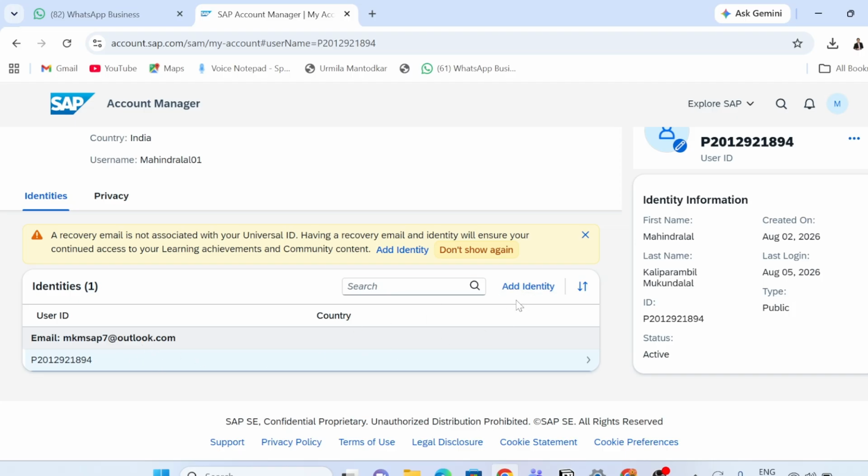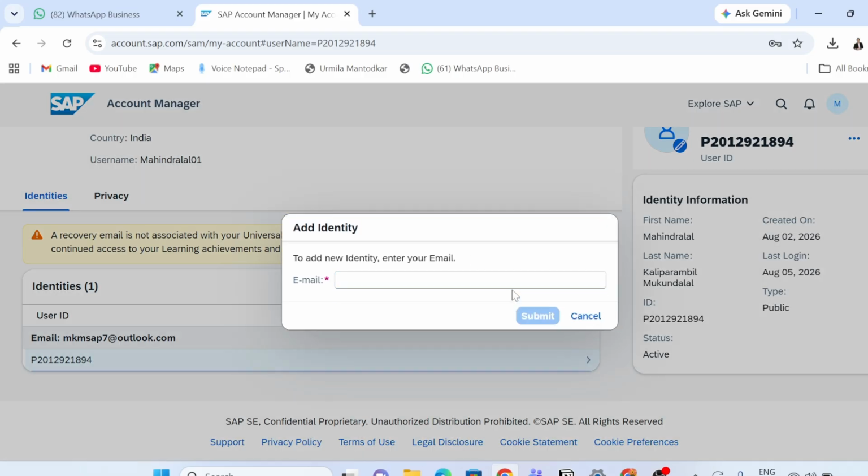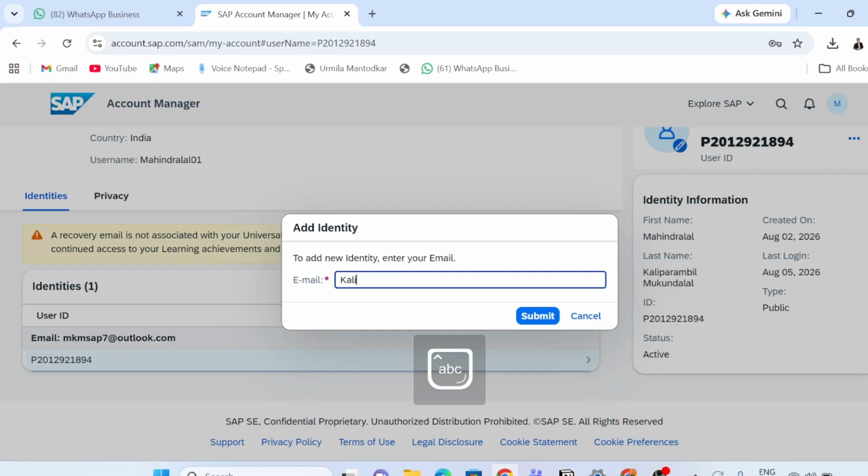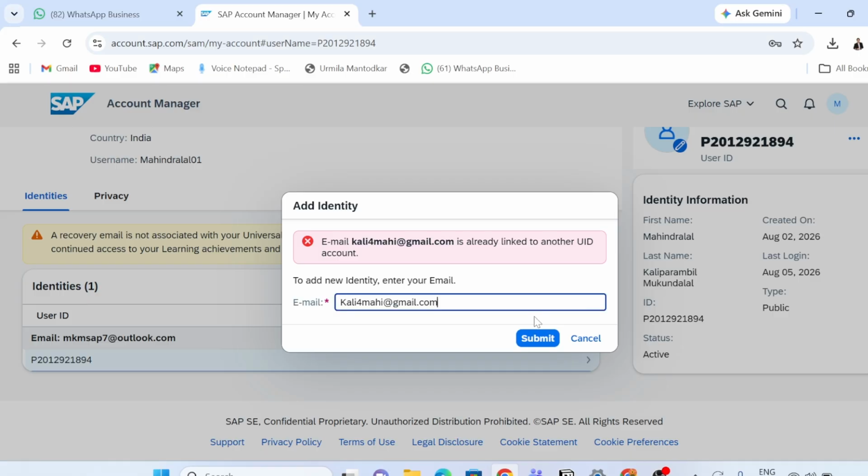How am I going to add the other Gmail ID? Just click on add identity from here and give your email ID. Whatever email ID for that candidate I'm giving here, click on submit.